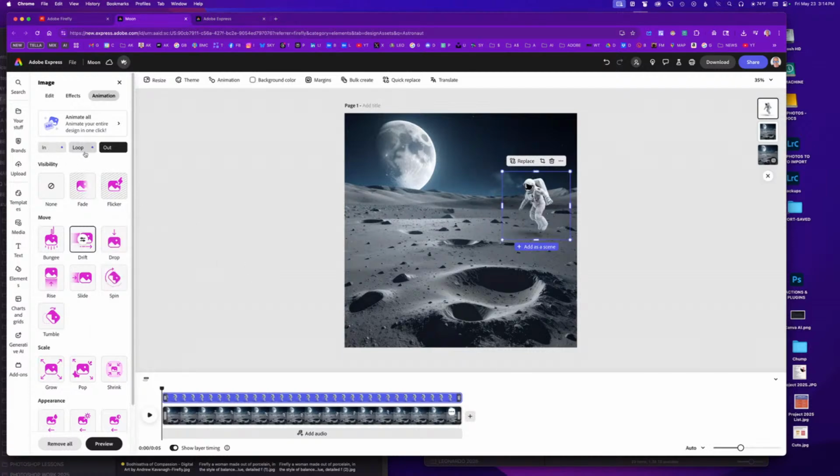So I got the in, the loop, and the out. Bring it to the front so you don't see anything yet. And then once I hit the preview, it comes in, floats around, and drifts out. So yeah, pretty fun. I can bring the frame back to the beginning. And then obviously something that would go well with it would be